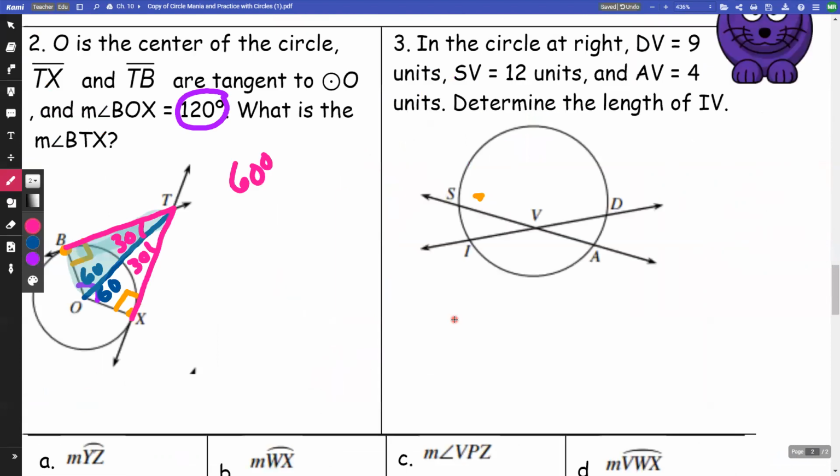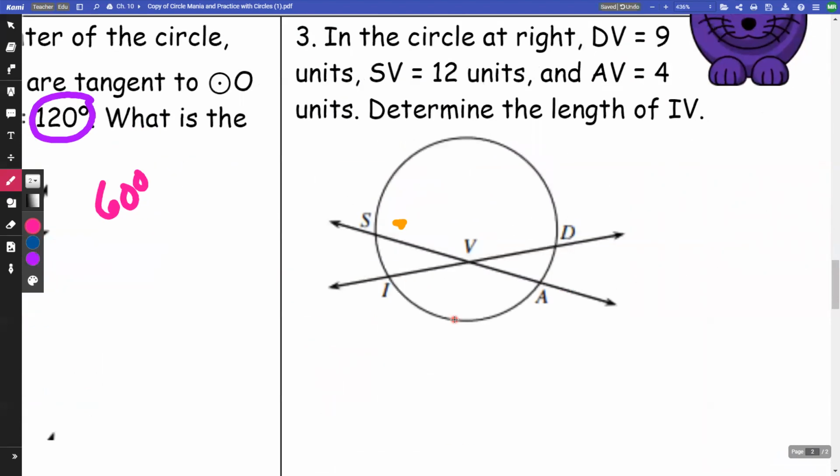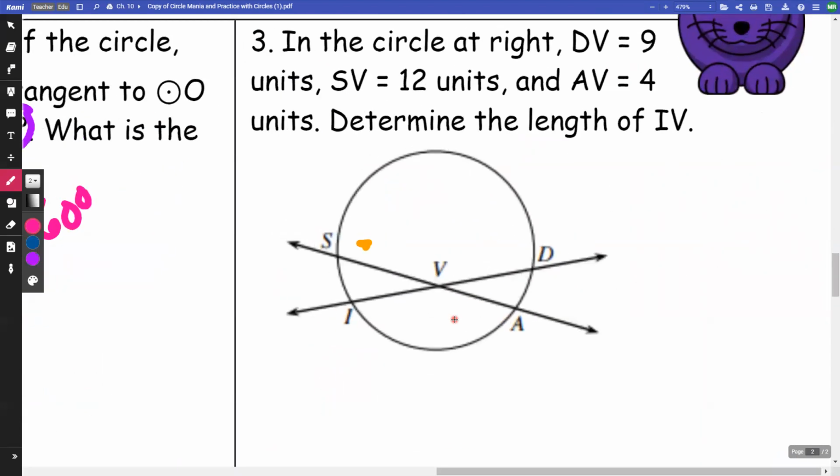On number 3, we know that DV is 9, so this is 9. SV is 12, so we know that this piece here is 12. We know that AV is 4, and we want to find